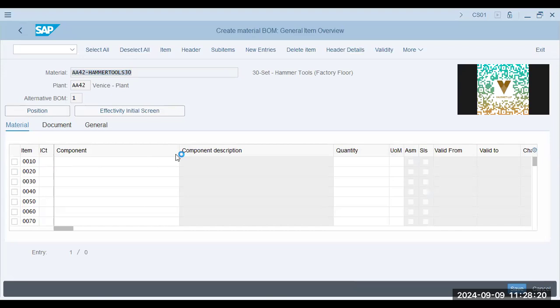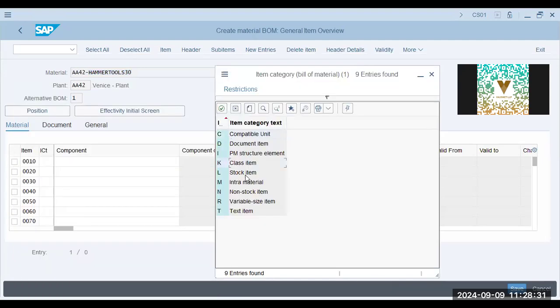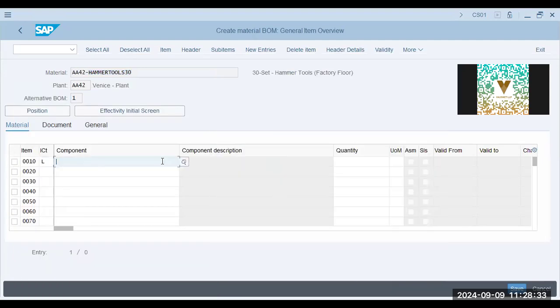We've already seen the item categories. Inventory. So now this is bills of material. We need a stock item. For that stock item, to make this hammer tool, we need something from the inventory. That can be anything like